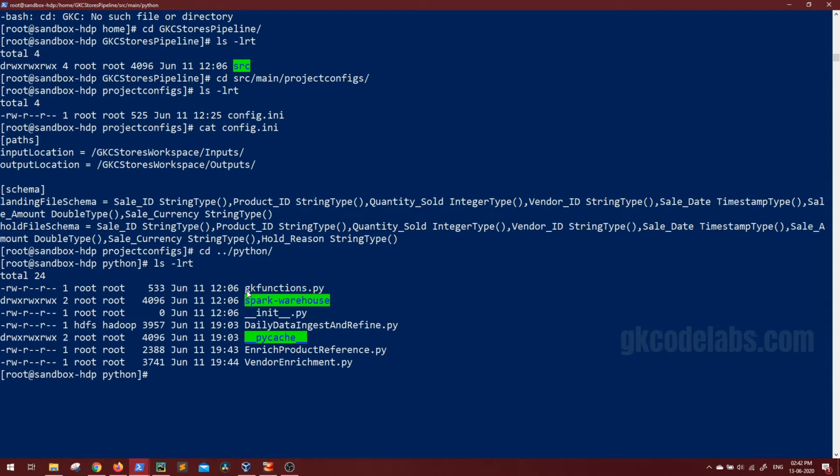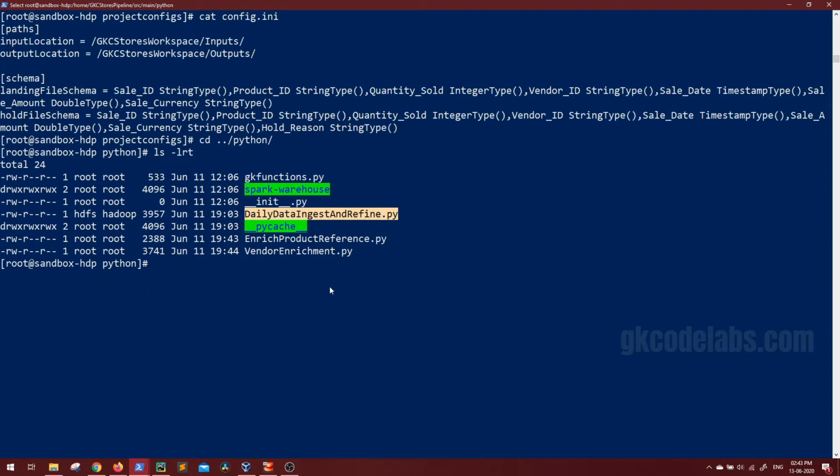Our gk functions file is still here, but the reason that we have removed that source reference is when we are going to submit the first job, this is going to be read by the Spark driver, and as we will be running the Spark jobs in cluster mode, the driver will not be there on my local. Correct? In that case, if we give the relative path, this gk functions.py might not be accessible by the other jobs. In that case, these jobs are going to fail.